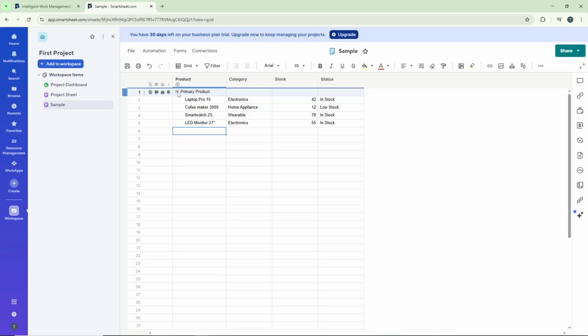Click on this plus or minus icon to expand or collapse the hierarchy. When you click the minus icon, it will hide all the child rows underneath that parent, giving you a cleaner view of your sheet. Clicking the plus icon will expand it again, showing all the nested items. And that's it. You've successfully created a hierarchical structure in Smartsheet, making your data more organized and easier to